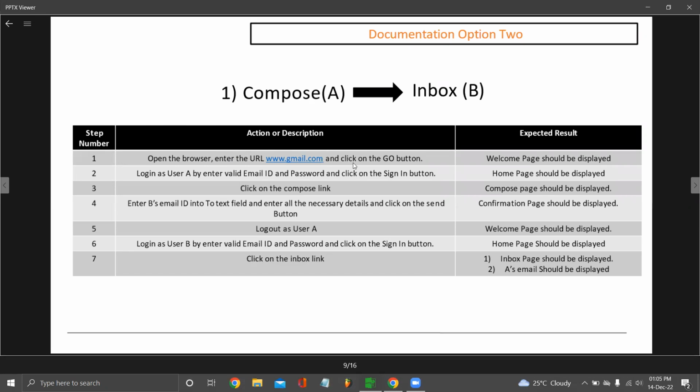And depending on that action, there is an example here, right? Open the browser, enter the URL www.gmail.com and click on go button. Now this is the action, and depending on this action, we have written an expected result. What is the expected result here? When you do this action, the welcome page or login page needs to be displayed. The basic idea is that this comes from your requirement itself, right? If I do this particular action, what should be the reaction of the software? That will be coming from